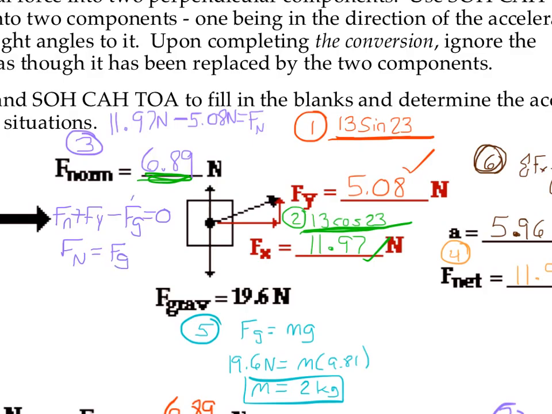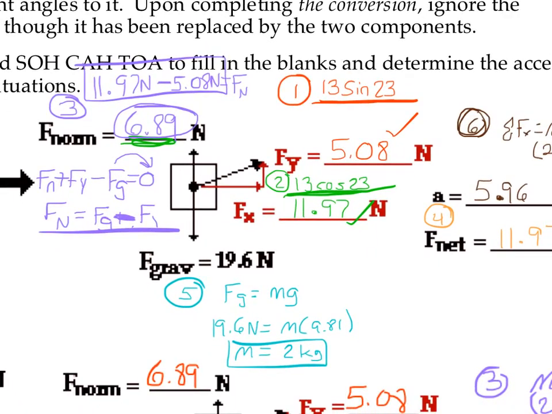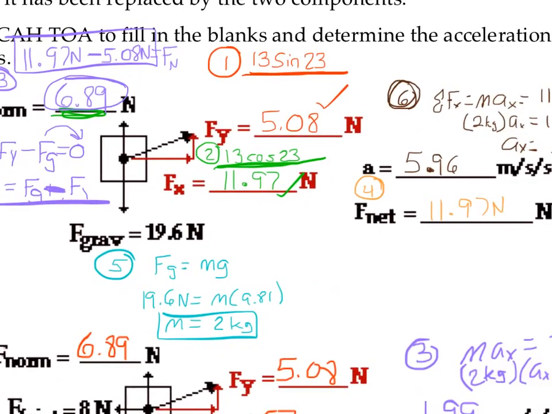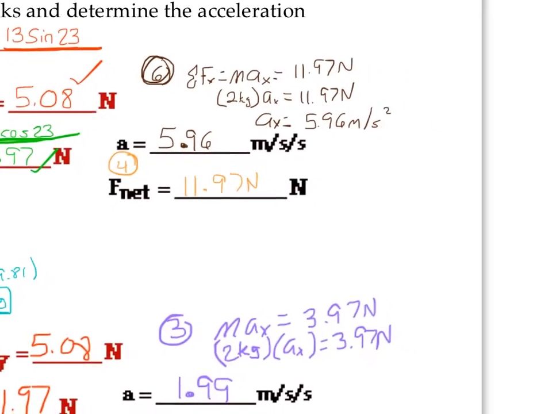It becomes positive because we move it over, minus Fy, which is pretty much what we have here. Force of gravity minus Fy equals the normal force. So the normal force is 6.89. So now that we know our normal force, we plug it in, and then the next one is step 4,